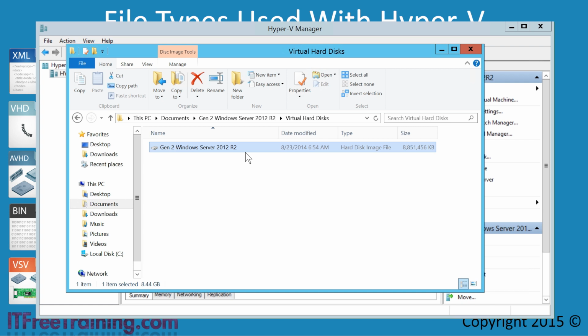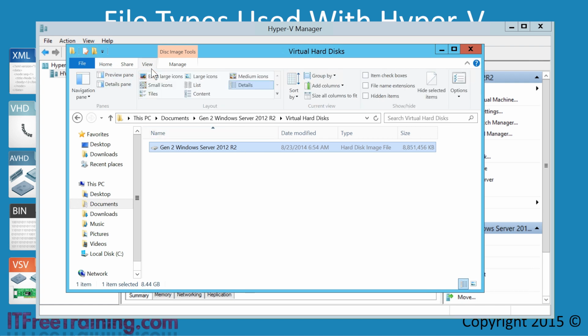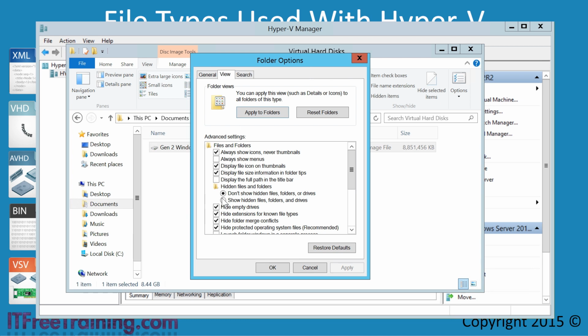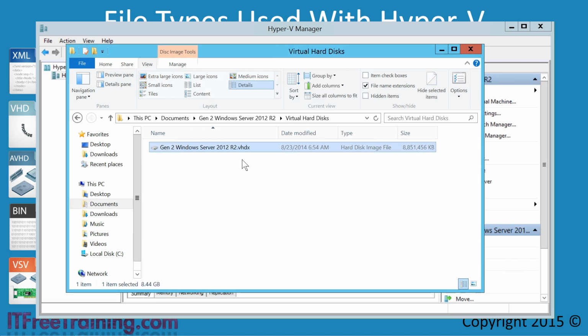To show this, I will select the View menu, and then on the far right, select Options to bring up folder options. If I now select the View tab, I will untick the option Hide Extensions for Known File Types. Once I press OK, notice that the extension for the file, VHDX, has now appeared. So this virtual disk file is using the new virtual disk format supported by Windows 8 and Windows Server 2012